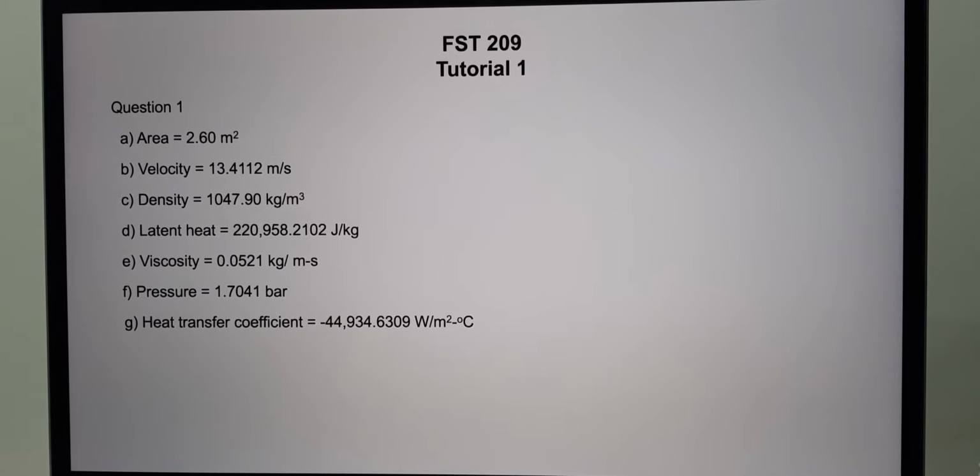Okay, so for tutorial 1 FST209, for question number 1, you need to convert the following from British unit to SI unit. So for question number 1A, the area, you need to convert from 28 feet square to meter square. The answer is 2.60 meter square. And then 1B, velocity, the answer is 13.4112 meter per second. Don't forget about the unit. Alright, and then question number 1C, density is 1047.90 kilogram per meter cubic, followed by latent heat